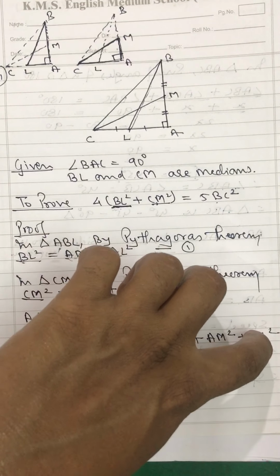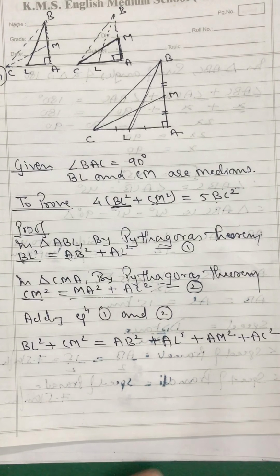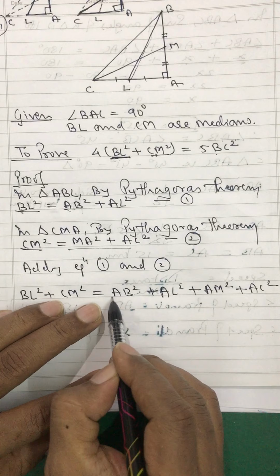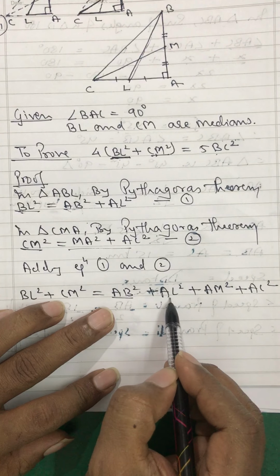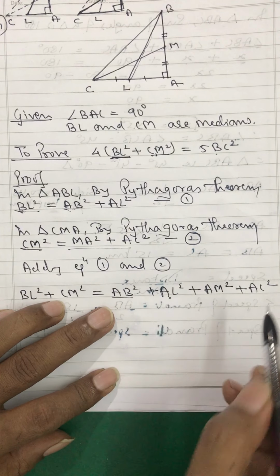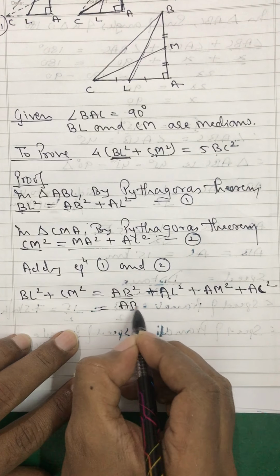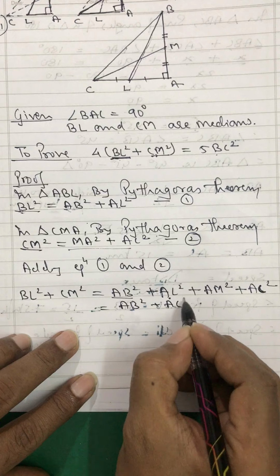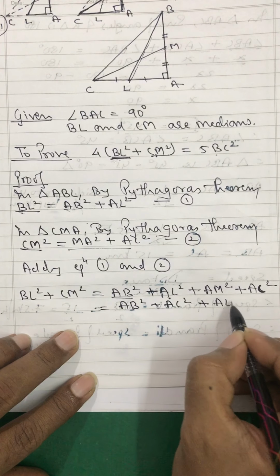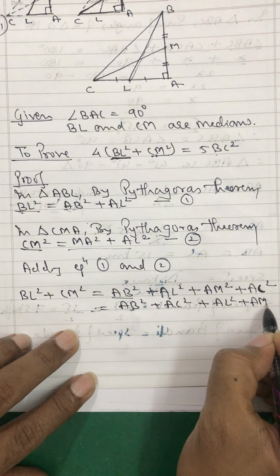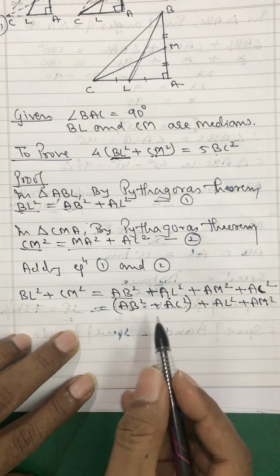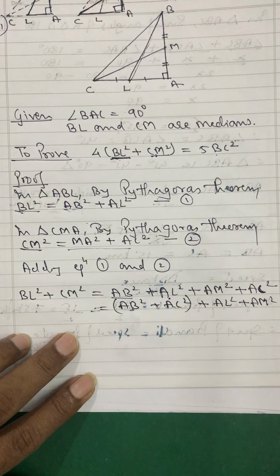So if I convert everything over here to AB square plus AC square, this is AB square I have got already, AL square, and this is also AC square I have got already. So this I can bring together: AB square plus AC square plus AL square plus AM square. This I will not move because this is going to become BC square by Pythagoras theorem. Now